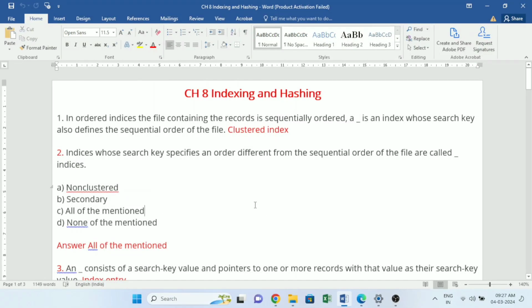Ch8 Indexing and hashing. 1. In ordered indices, the file containing the records is sequentially ordered. A ___ is an index whose search key also defines the sequential order of the file. Clustered index. 2. Indices whose search key specifies an order different from the sequential order of the file are called